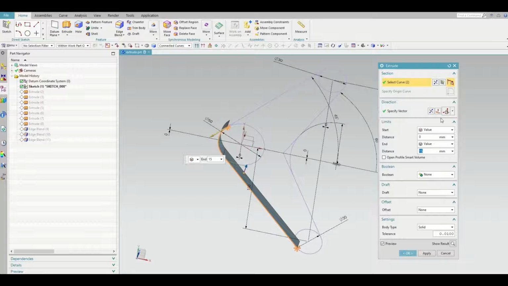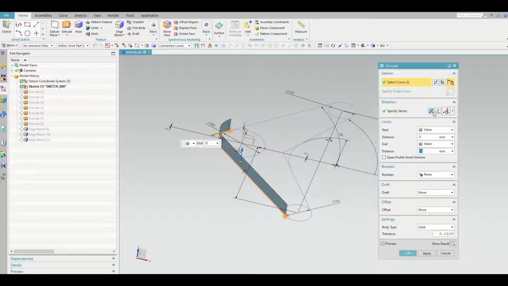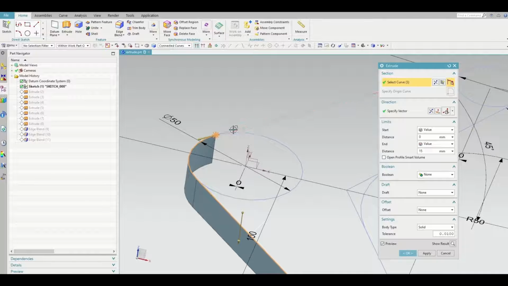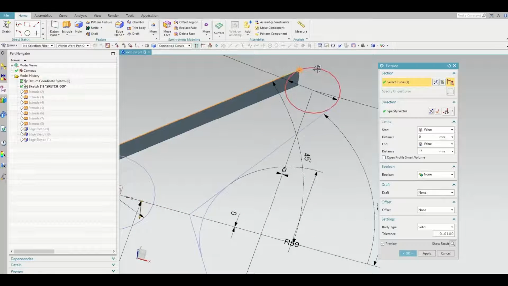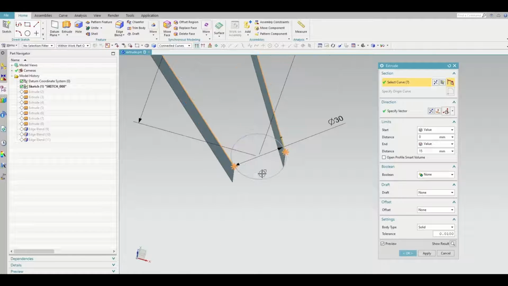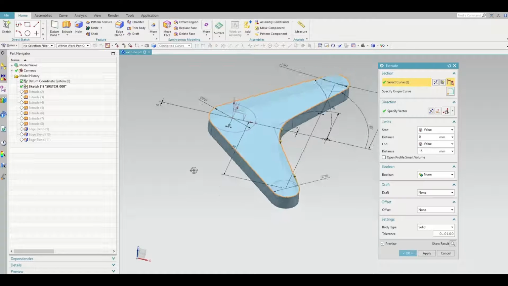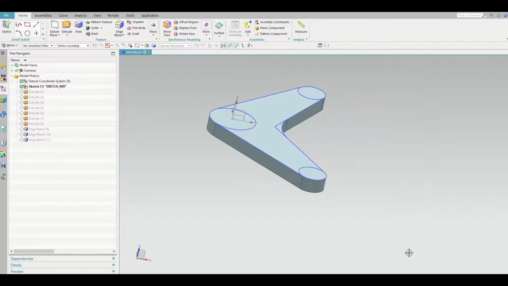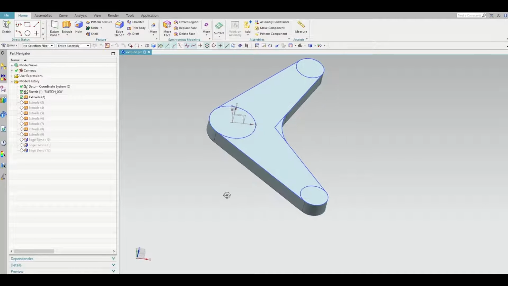Now we adjust the height of that extrude. See, in the Z direction this vector we have given, so the extrude of this sketch goes in the opposite direction. Okay, see, 15 mm is the depth of this extrude. We have given it in the minus Z direction. Just check the other options and click OK. This is the base feature of that control arm.